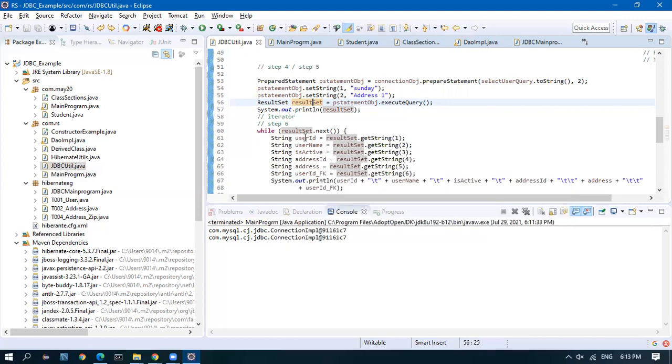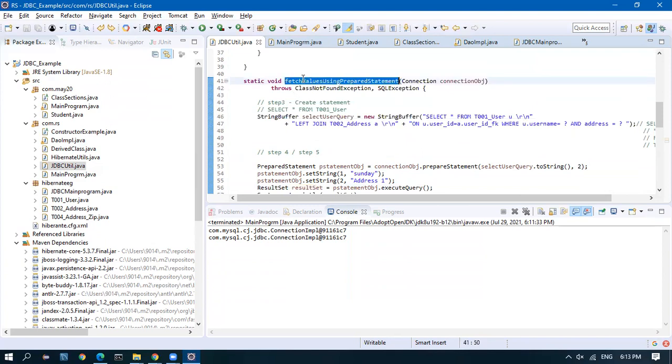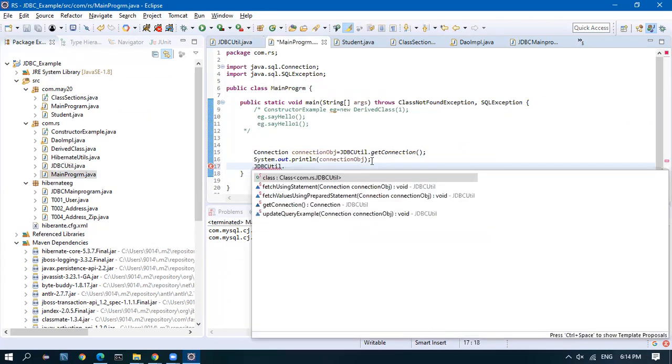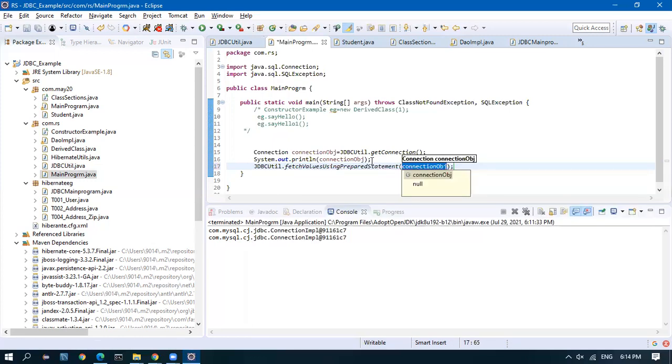So I iterate the result, and from the result I get these values and try to print. First, I will call this and see. I have to call JDBCUtil.fetch and pass the connection object. I just got the connection object, I'm passing it.